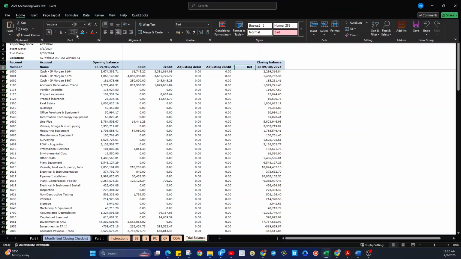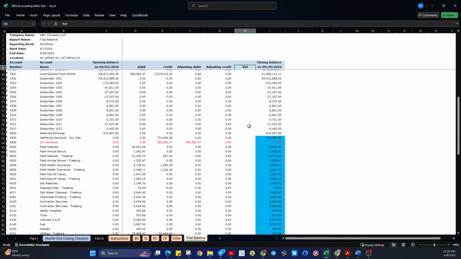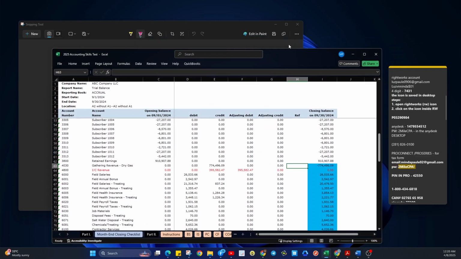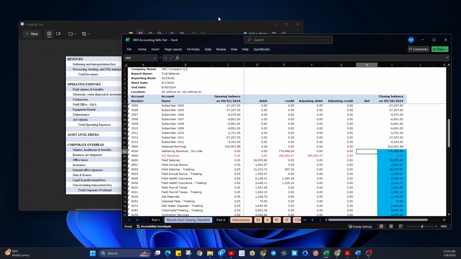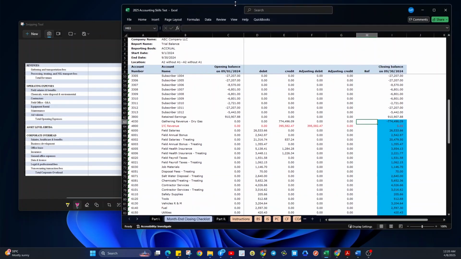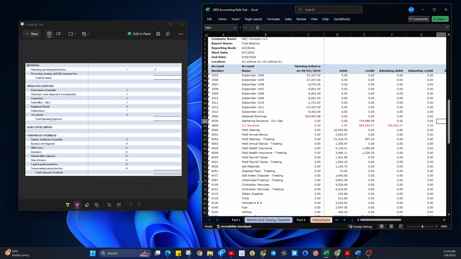We'll start first with, so we'll not get overwhelmed, we'll start here with the income statement.